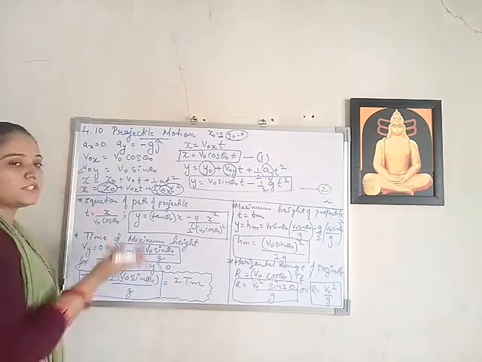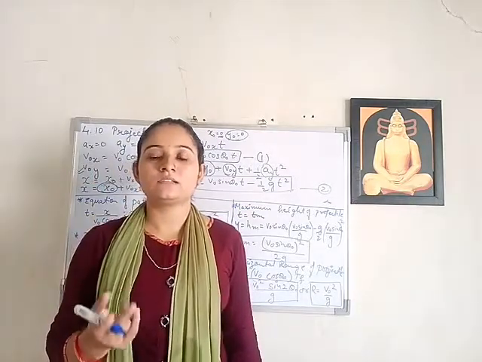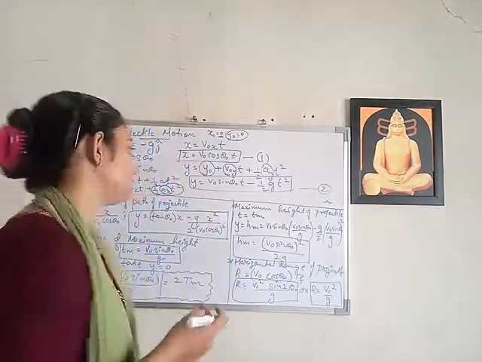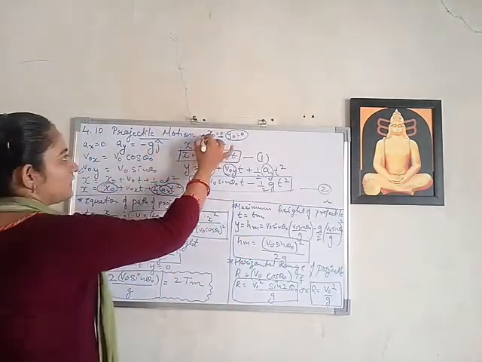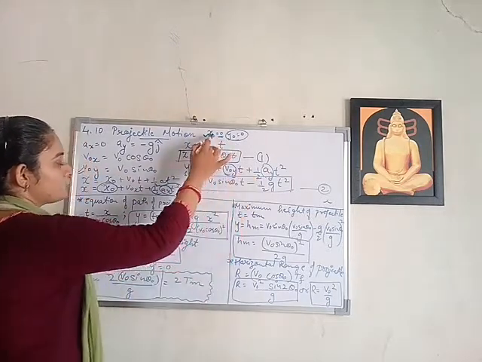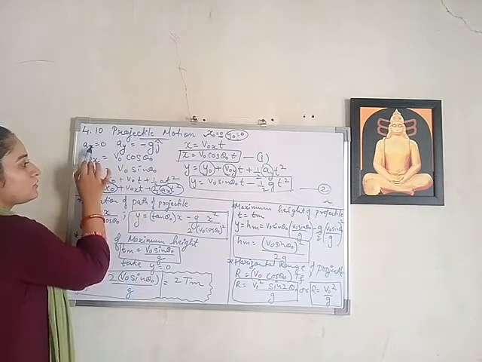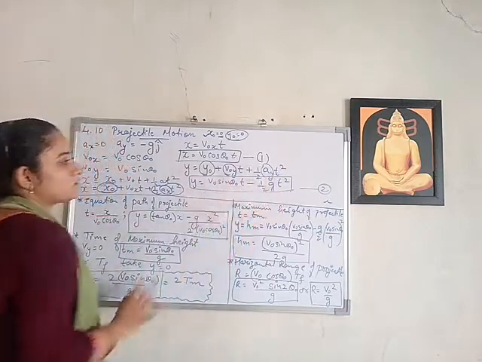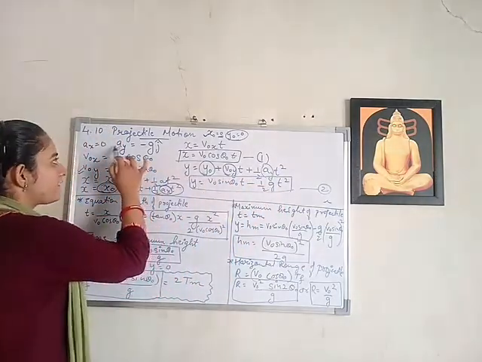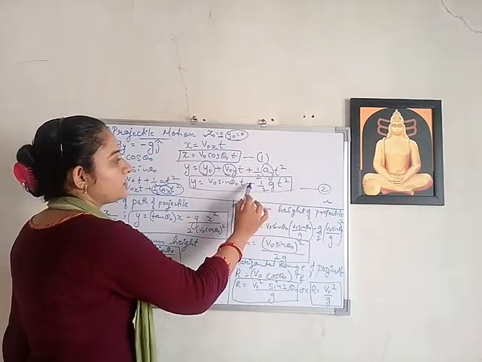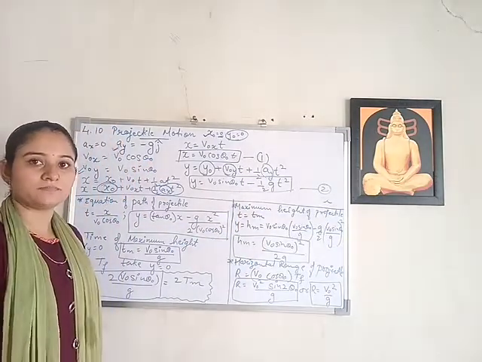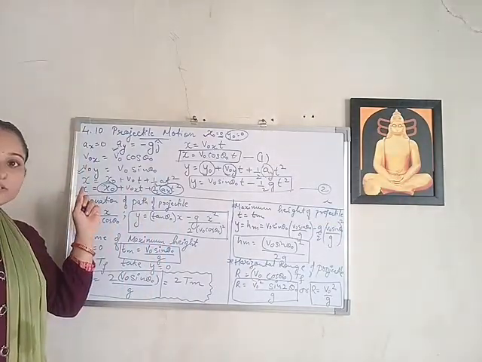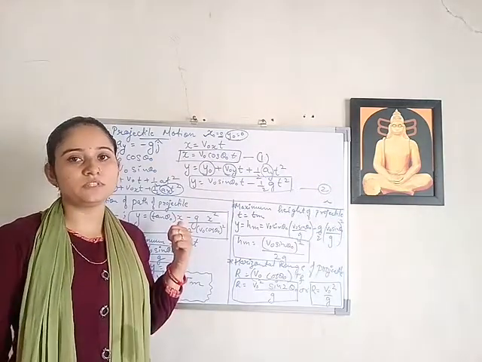So x equals, you know this formula of displacement, x equals x0 plus v0x t plus half a t square. Initially along the x-axis there was no displacement, so this was 0, and ax is also 0. So we got v0 cos theta 0 t. Same in the case of the vertical axis, but there we have acceleration ay, so that will be equal to minus half g t square. Clear? Continuing with the lecture, you start making rough notes of this topic. Okay.